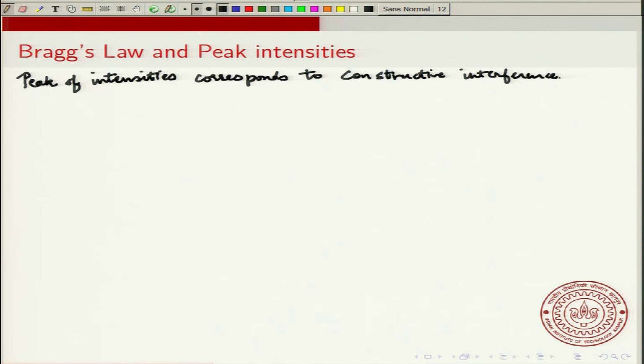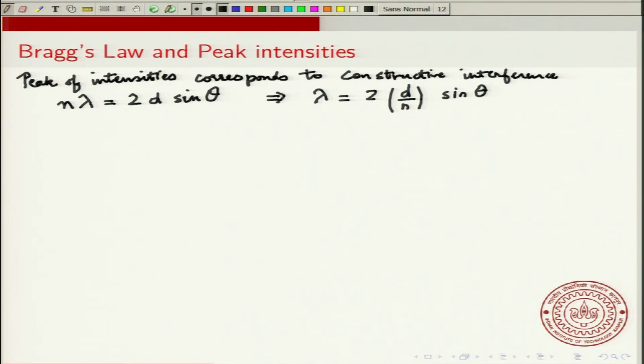Okay. And so we have nλ equal to 2d sin θ. This gives you, I can rewrite this as λ equal to 2d by n sin θ. Okay. So, now what you have at the peaks, you know the wavelength of light used, and